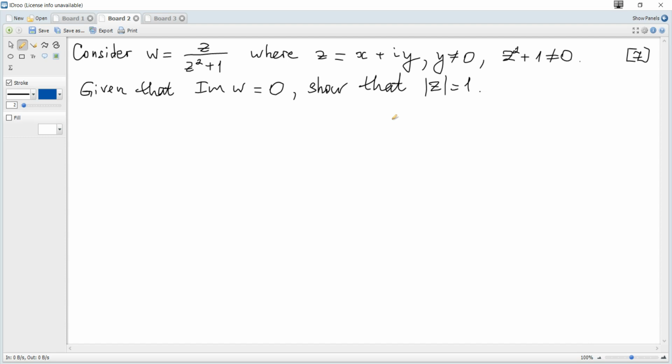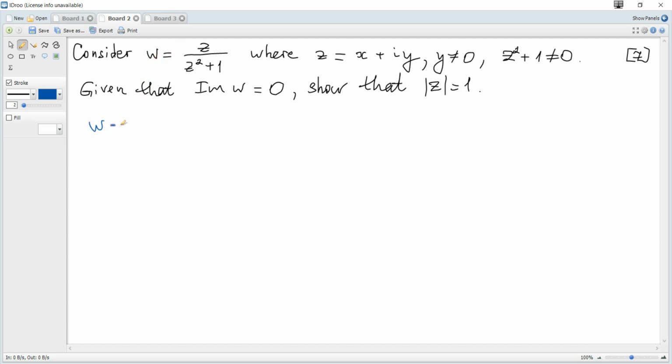Consider w to be equal to z over z squared plus 1, where z is a complex number x plus iy. Given that the imaginary part of w is 0, show that the modulus of z is 1. So let's consider this